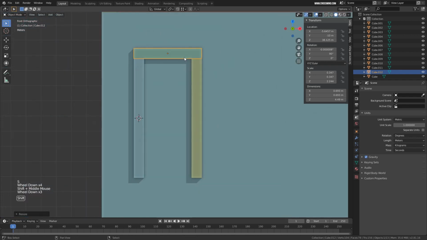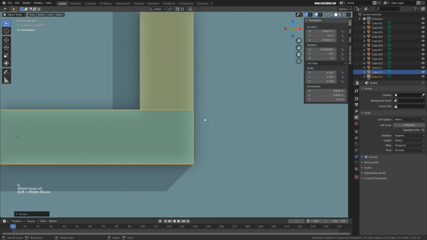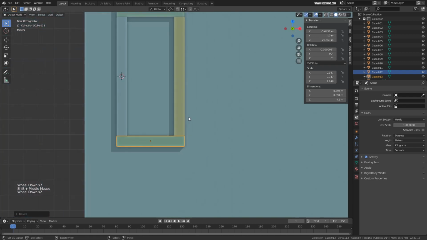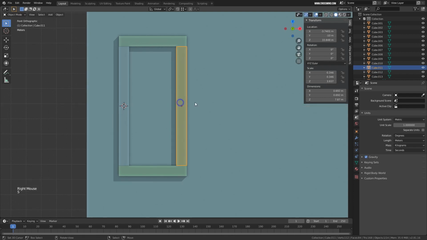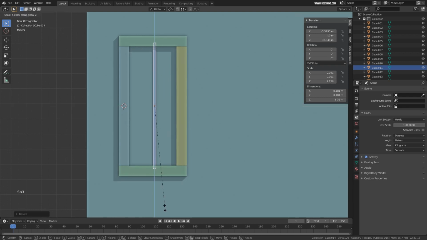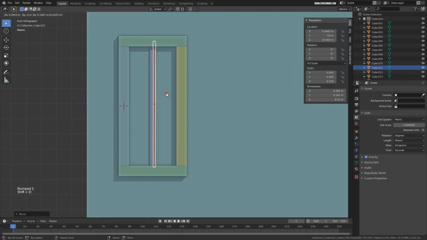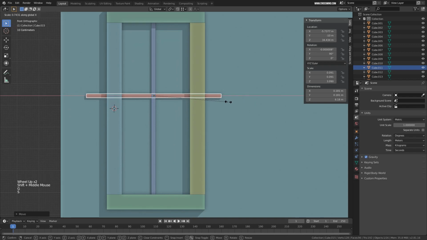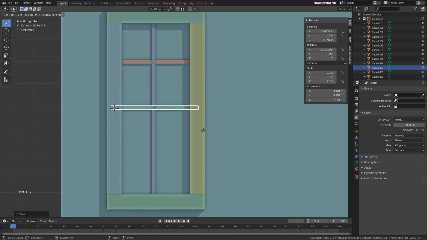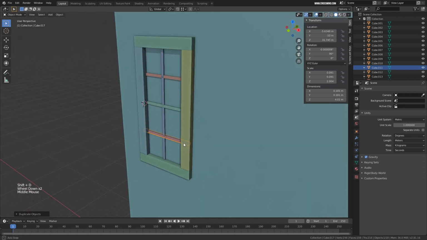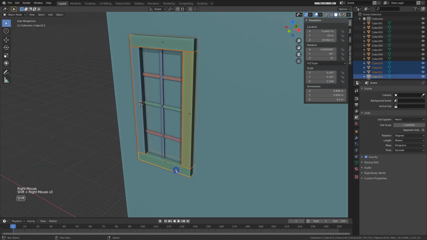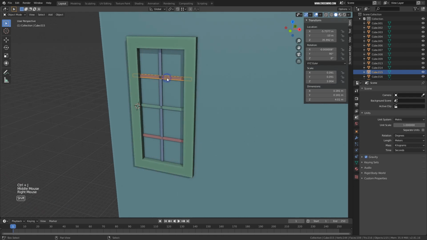All right, and then I'll make a duplicate of this again. I'll make a copy of this again and move it over here and scale it down, something like a window partition. Type 90 on the rotation, scale it in the X direction, and we can just duplicate this and make a few more partitions just like this. Okay, now let's select all these four parts and press Ctrl J to combine them,